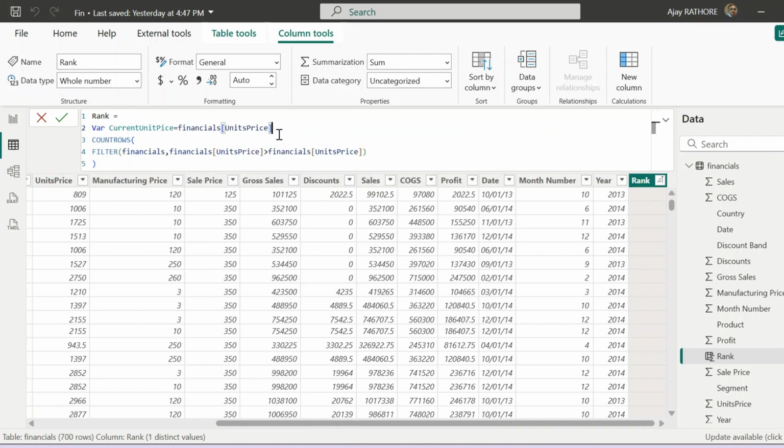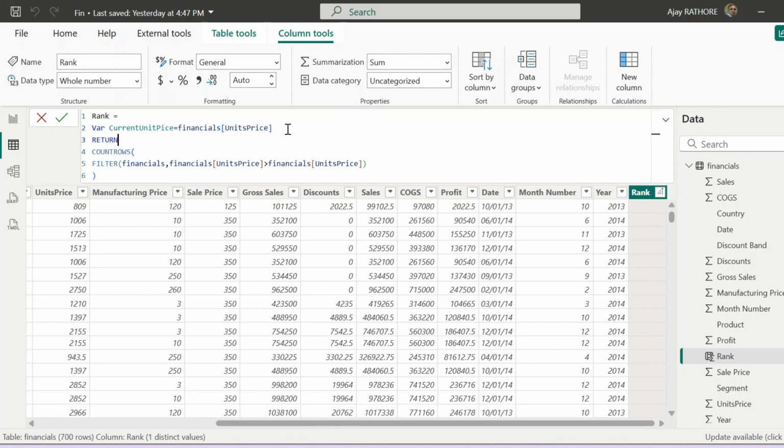So what we are doing here, and completing the DAX syntax, is saving this column reference into the variable, and then using this variable in place of the column reference